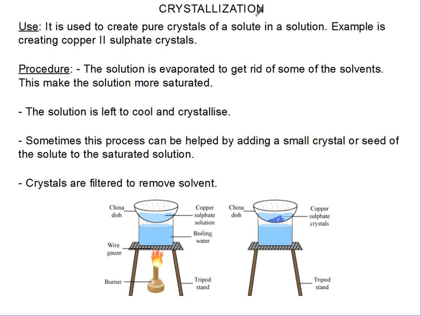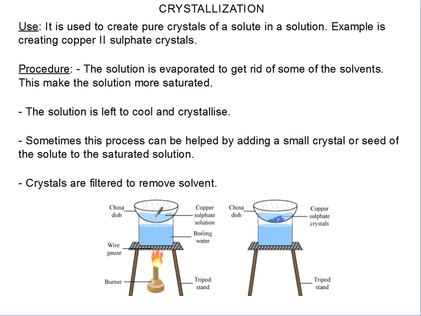The next one is crystallization, producing crystals. Now it is used to create pure crystals of a solute in a solution. An example is creating copper(II) sulfate crystals. Now copper(II) sulfate is a pale blue compound. When you mix it with water, you get this pale blue solution. Now if you want our copper(II) sulfate crystals again,